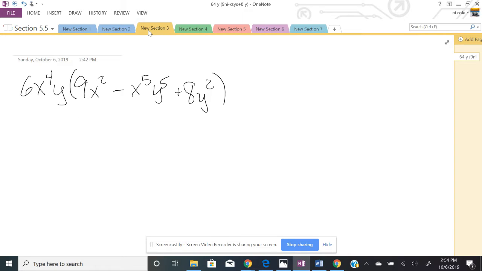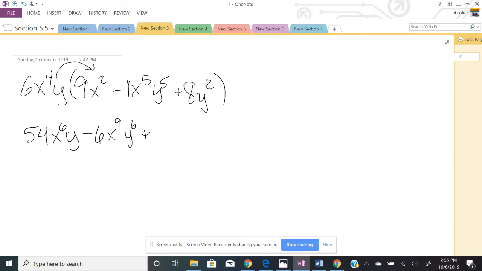Then let's move on to something bigger. What about this? Okay, well, 6 times 9 is 54. X to the fourth times x squared gives me 4 plus 2, which is 6. And then I don't have a y on the second one, but I still have that first y, so there is still a y. Now I have 6 times no number, but there's an implied 1. Remember, that's an implied 1, so that is minus 6. X to the fourth times x to the fifth, x to the ninth, 4 plus 5, and then y times y to the fifth is 1 plus 5, which is y to the sixth,